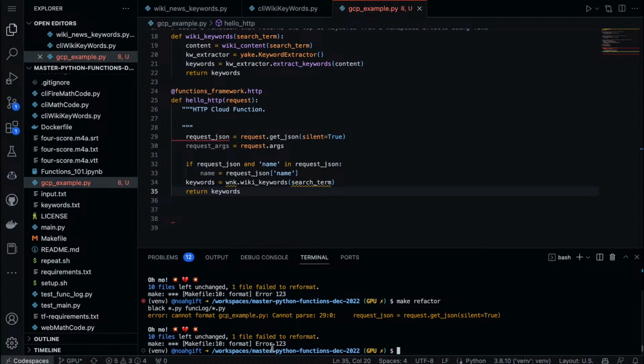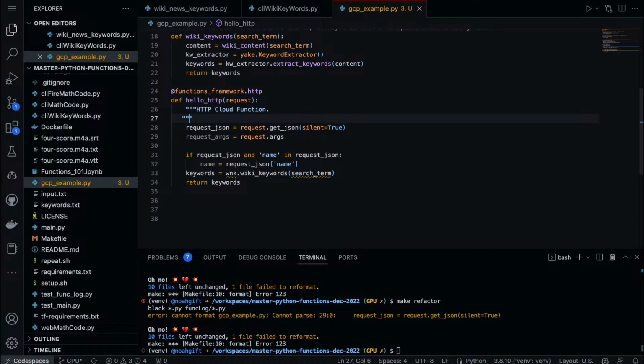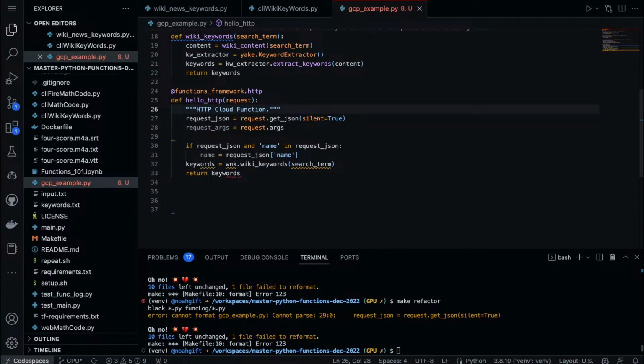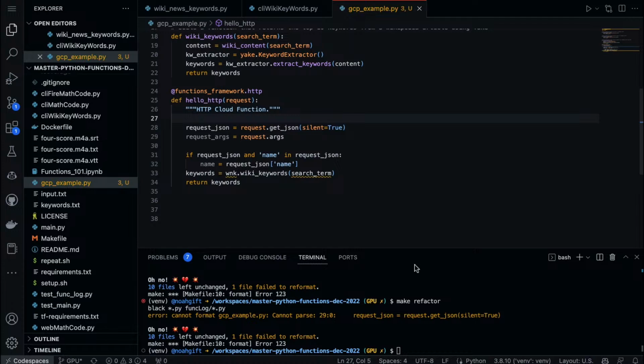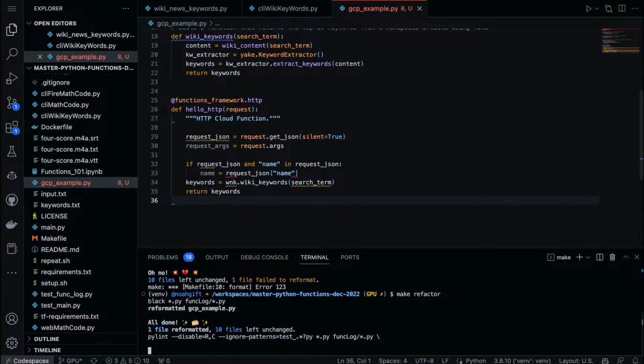So still got a formatting error on line 29, which is this one. So is the issue... it looks better. Make refactor. There we go.